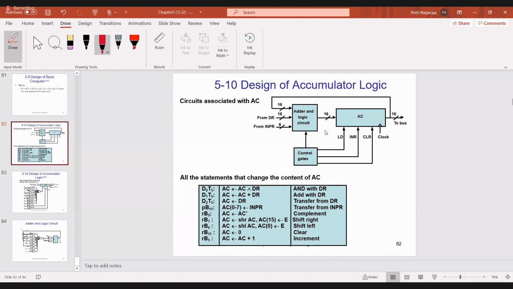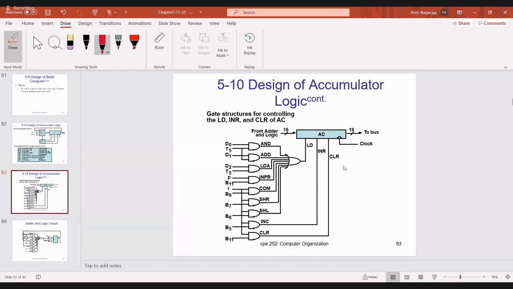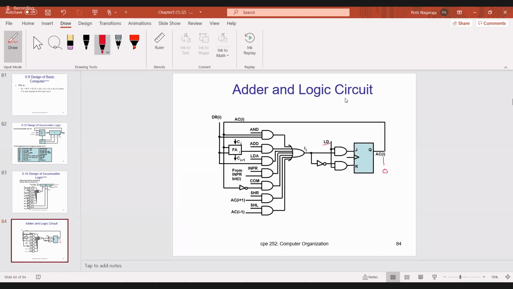In these load inputs, only one input will be 1 and the remaining inputs are 0. These are the operations, implemented with this diagram. For load we get 7, then increment only 1, then clear is also 1. Then this is how we perform one stage of the adder and logic circuit.